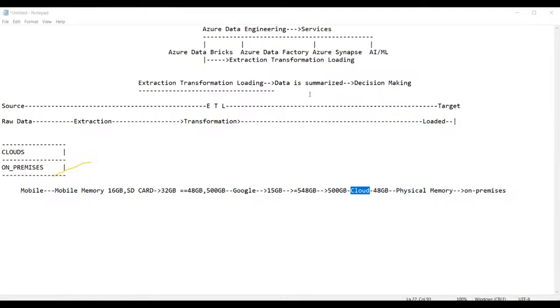In the same way, guys, tell me now, where is Google Drive actually stored? Google Drive stores the data in the cloud environment. So what is a cloud environment? Ultimately, a cloud environment stores the data physically in data centers. Every cloud provider has data centers, and in these data centers the entire physical data will be stored. Am I right, guys, everyone?